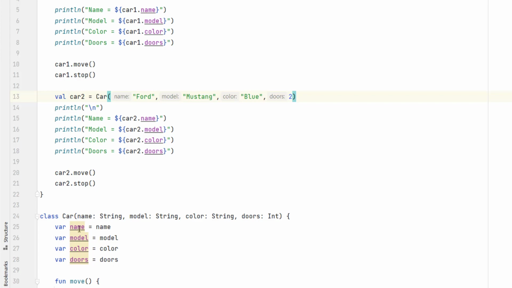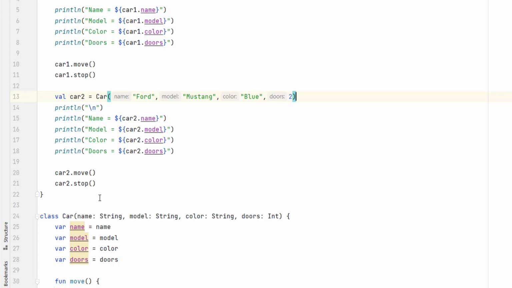And the difference between the properties and parameters is that the parameters, respectively those that we define in the header of the class inside the parentheses here in the constructor, are not storing the state of the class.